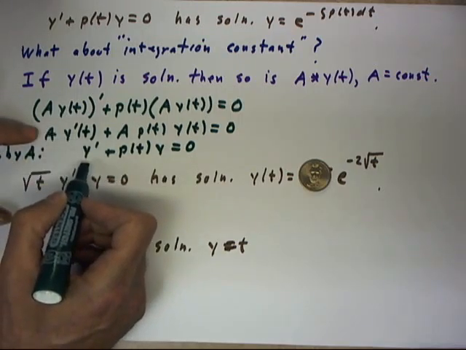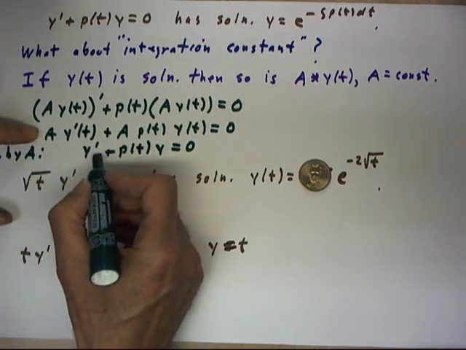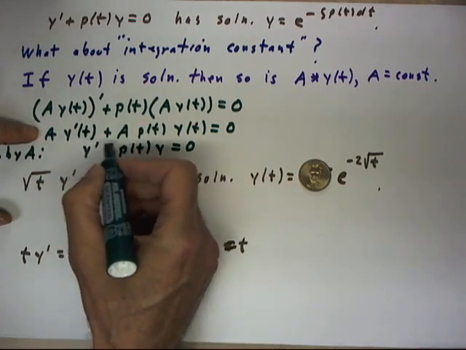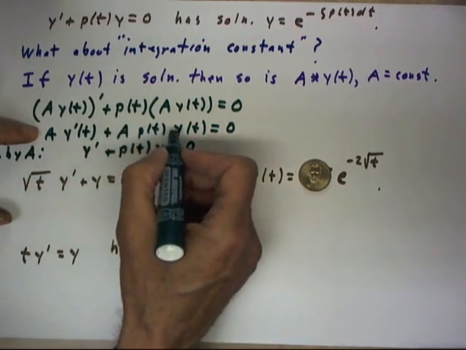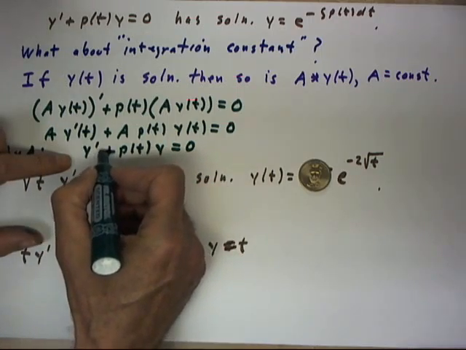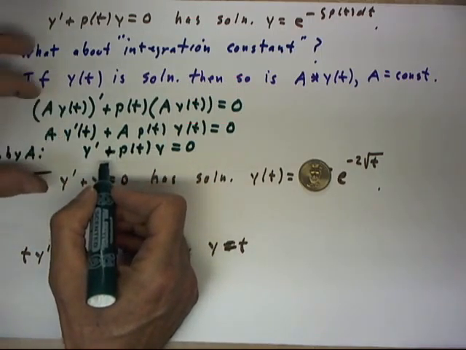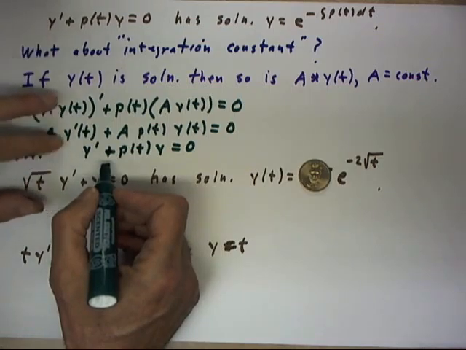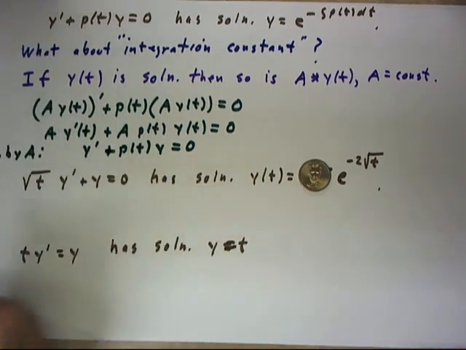Now, in going from this step to this step, I didn't put the t dependence in. I wrote just y prime and y instead of y prime of t and y of t, but that's legitimate, and that puts the equation back into the original form to show the equality. Now,